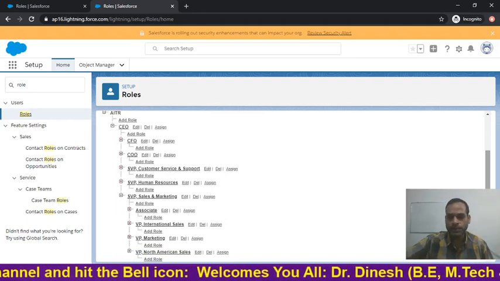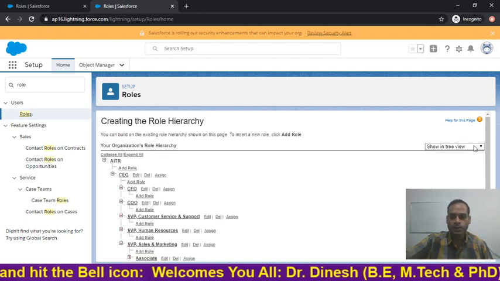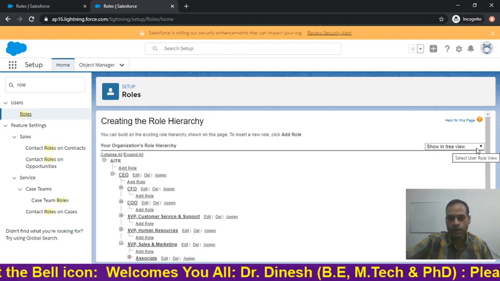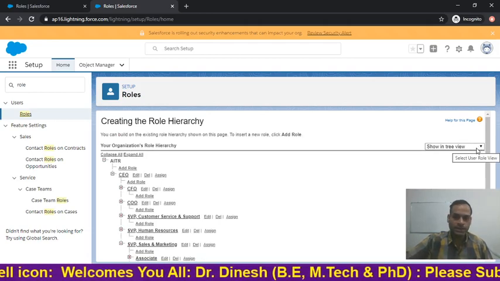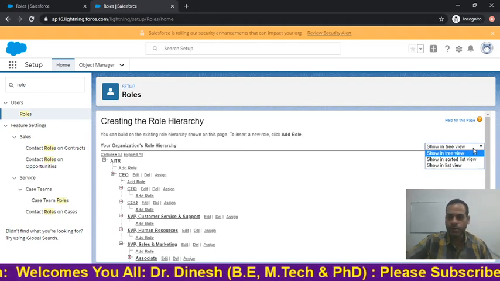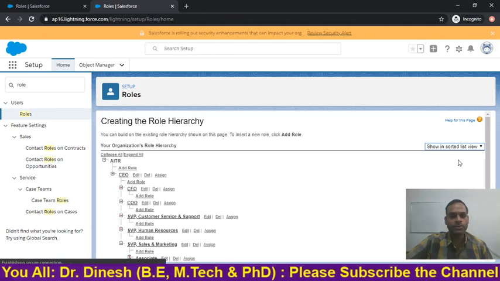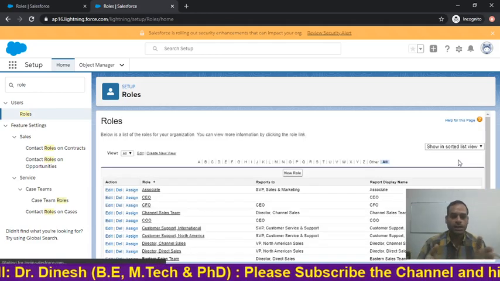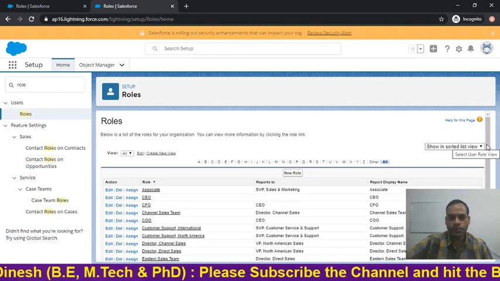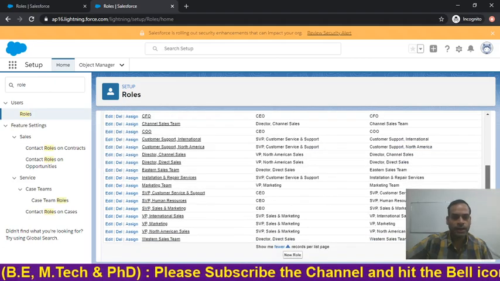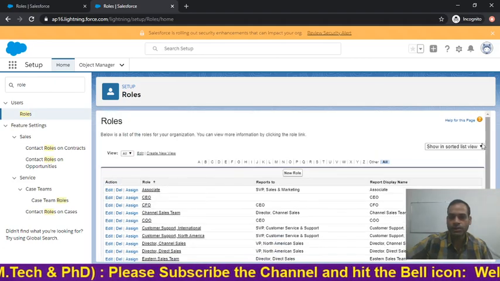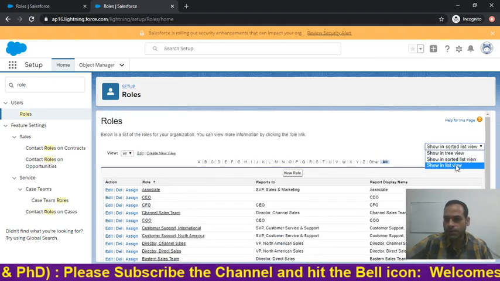You can see this in the top right corner, and we can view as per our requirements. This is the tree view. If we select the sorted list view, all the hierarchy in the organization appears.